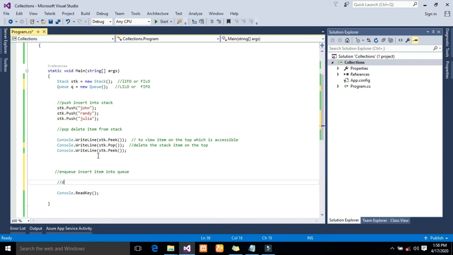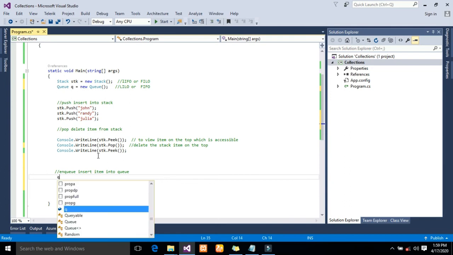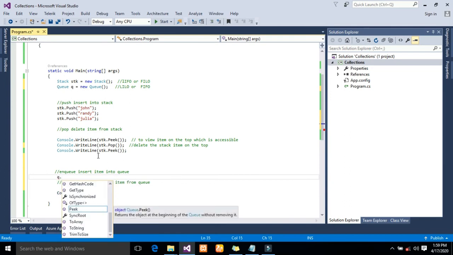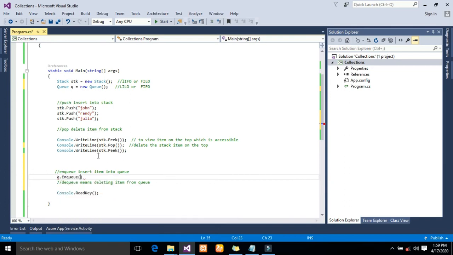Similarly, dequeue means deleting item from queue. So queue dot enqueue,